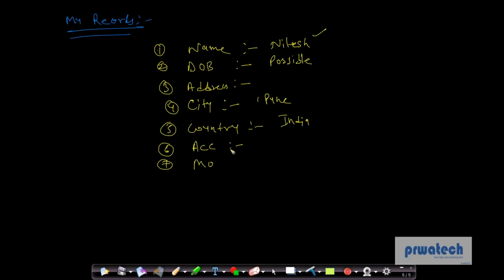Account number, this can be unique, right? My account number and another person's account number is not similar. Mobile number, have you ever found that the same mobile number is assigned to two different people? It's not a general scenario. It's not even possible, right? So mobile number is also unique, such as Aadhaar card if you want to take. These are unique values. So always make these unique values a primary key